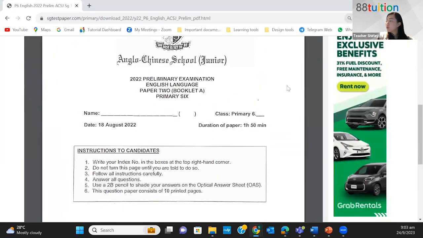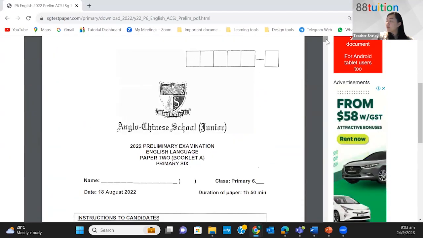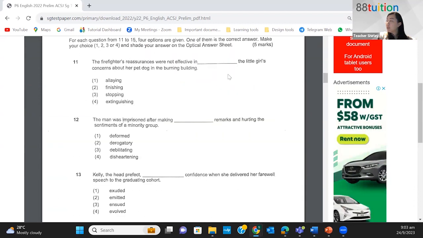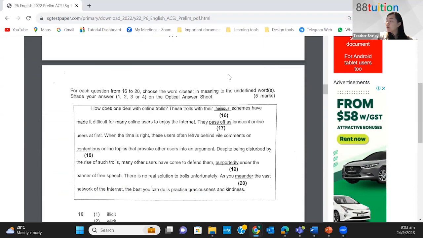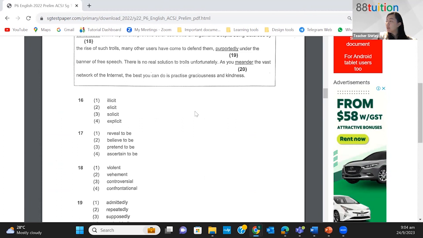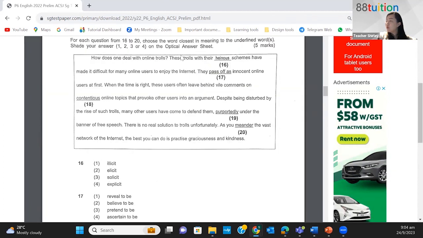Okay, so this one is just a school paper, Primary 6 prelims paper, yeah. So this is how it should look like. 5 marks in your Section A. So you have words that are underlined, and then you will have options, MCQ, okay,